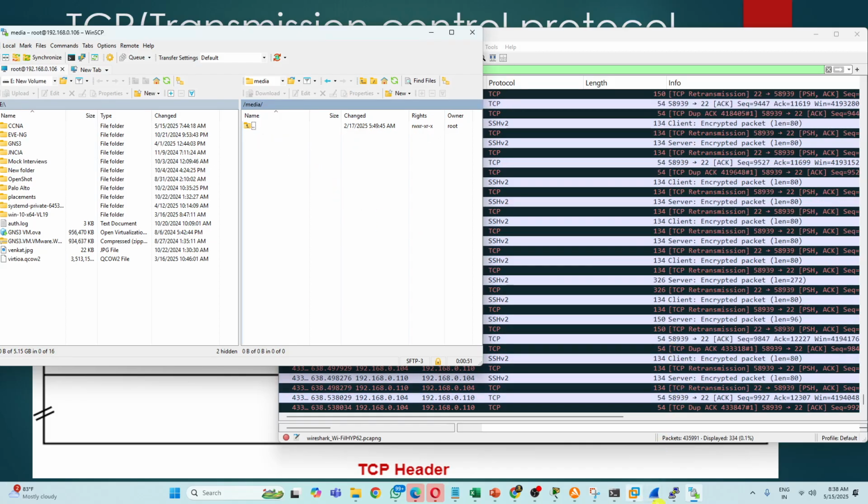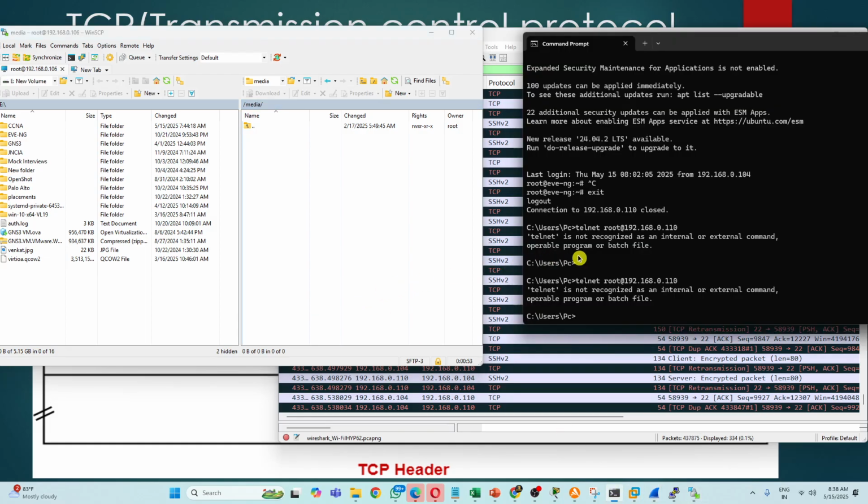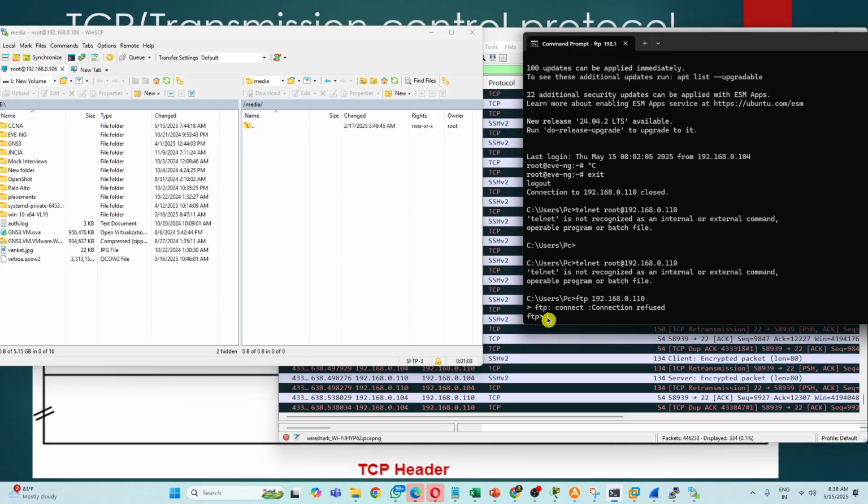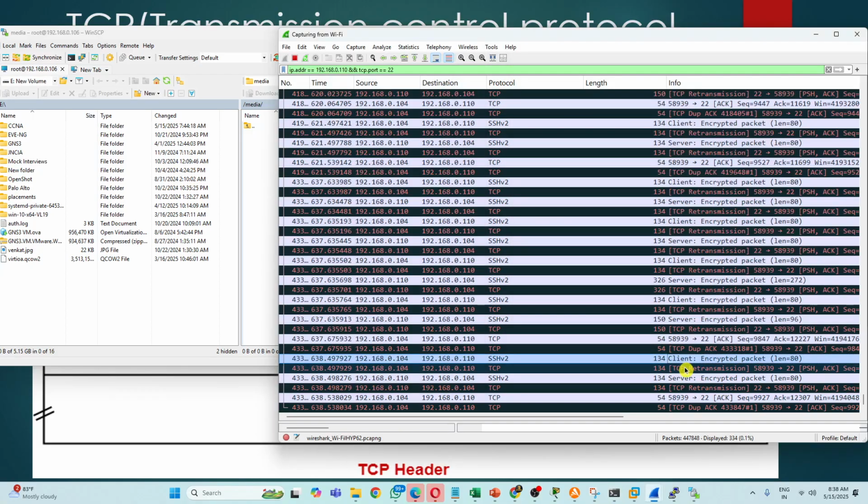So let me try to do FTP here from my computer, okay? FTP, simple, 192.168.0.1110. So now I'm in FTP. Connection refused, but I'm in FTP. Let's see. Maybe on the other side it is not enabled. What is the FTP port number it will use? Is it 20 or 21?